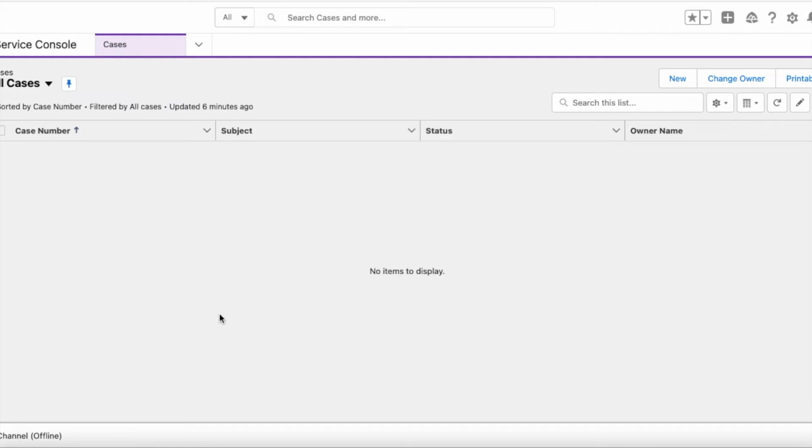Hello everyone. In this video, we are going to see how to route case records directly to an agent. Even if the agent is offline, it will route the cases to the agent so that when the agent comes online, the agent will be able to receive all the records that are routed to them via Omni-Flow. In this demo, we are not going to make use of any Apex code. I will be making use of Omni-Flow so that without code I can route the case records directly to an